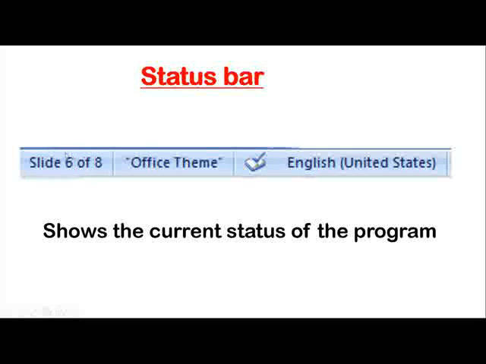That means slide 6 is active now and total number of slides are 8. Okay, so Office theme is also displayed in the status bar. So what is the use of status bar? Status bar displays the current status of the program. It is present below the window.